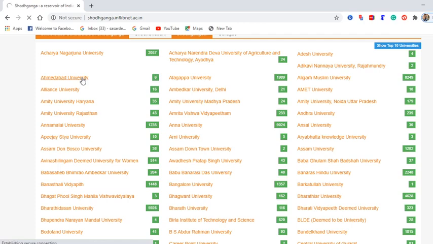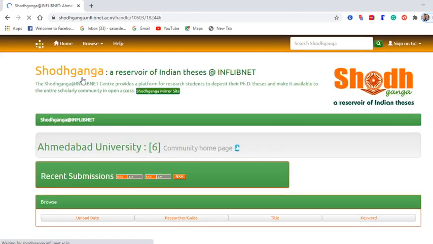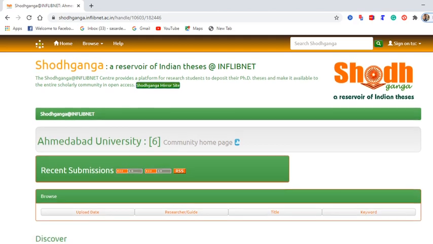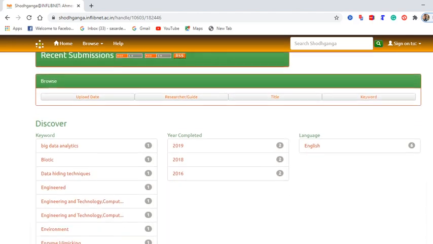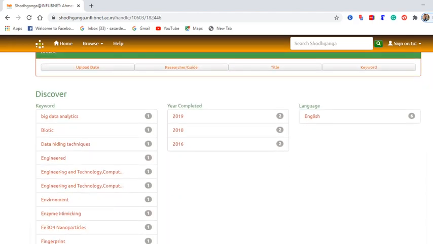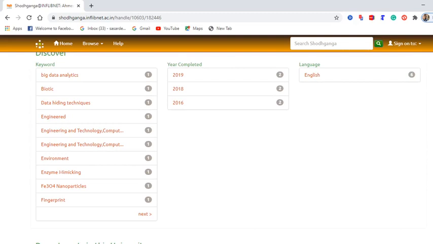You will get the next window where you can find the theses uploaded by this particular university. At present we see that only 6 are available there, and then you will get the Ahmedabad University 6 community homepage, and once you go below you will find these related theses.